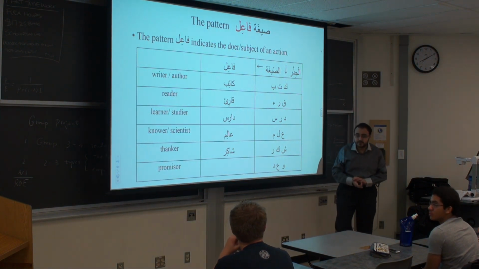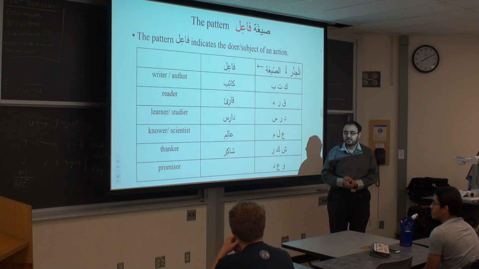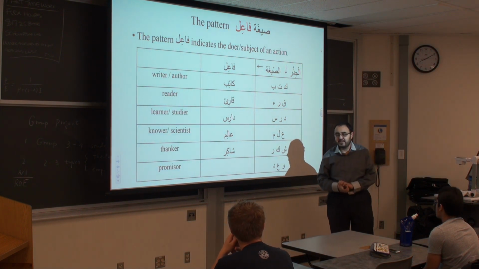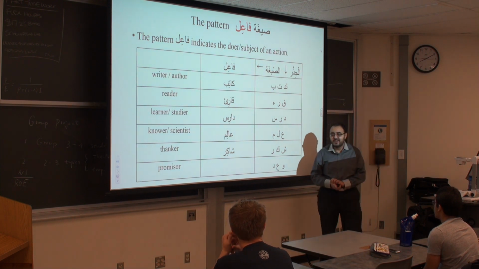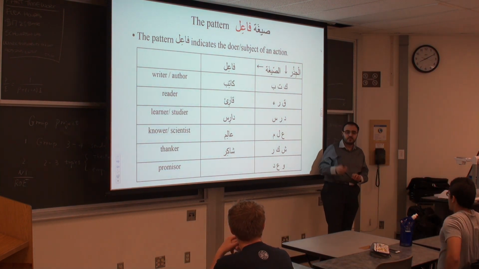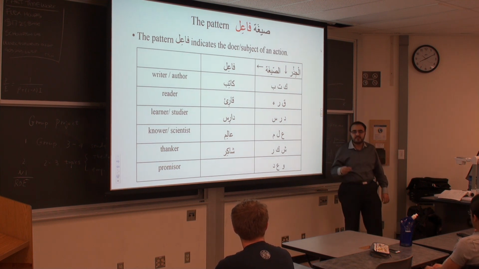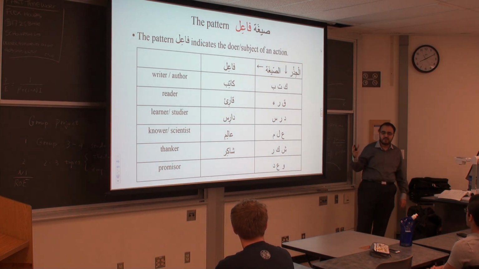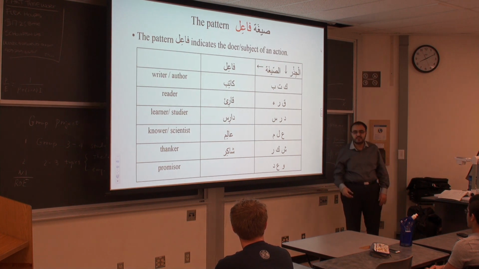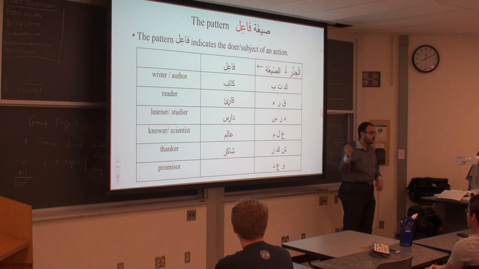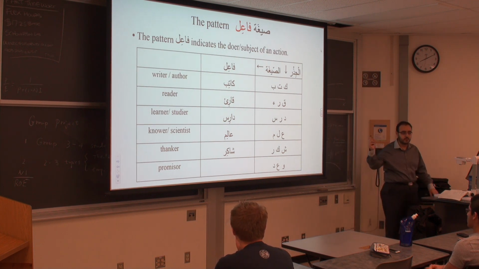Okay, Brandon. About how many patterns are there? Is it roughly the same as with roots? No, the patterns are much more limited. The patterns that we will go over in both the 202 and the 204 are around 7 patterns, and you can say that these are the main patterns in the Arabic language. Any questions before we move on?